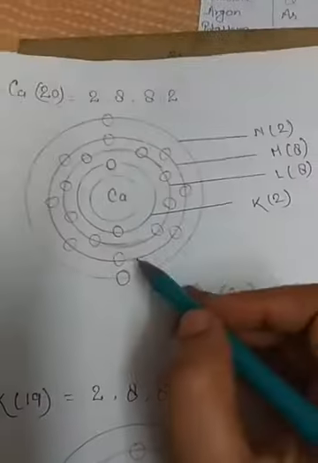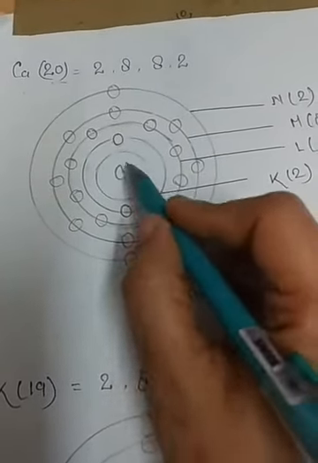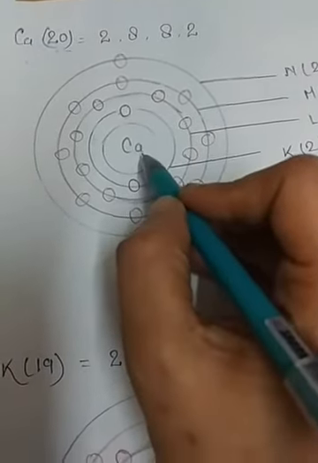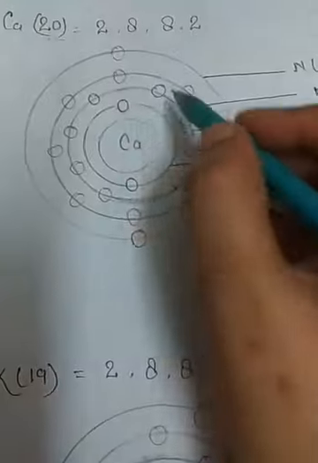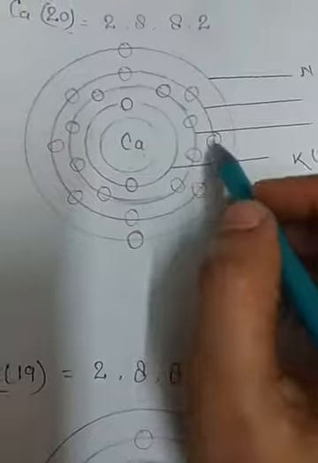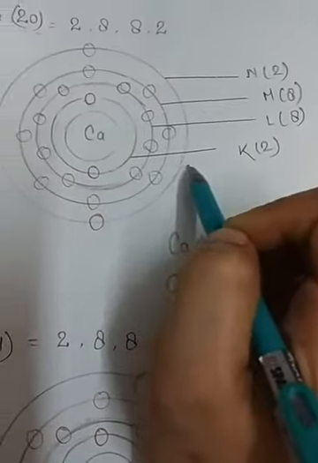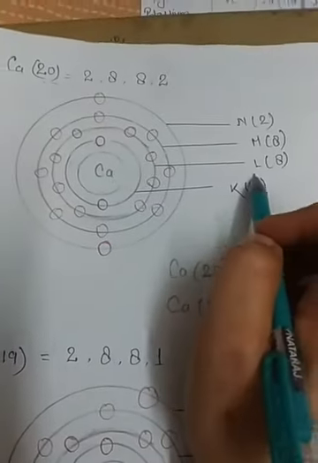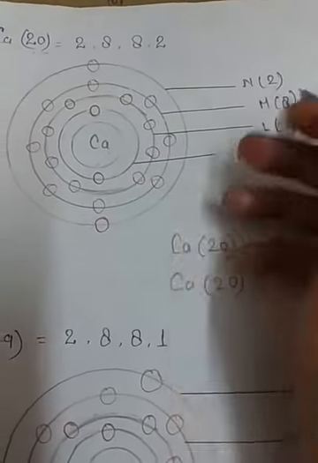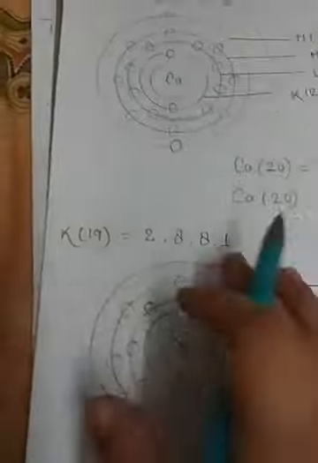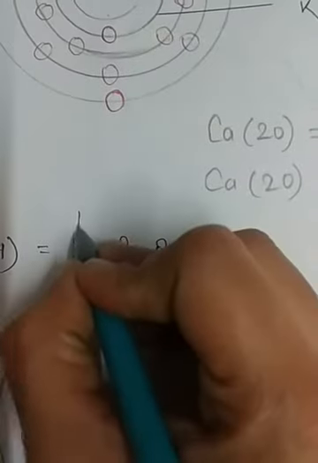Here you can see in the center, what is there? Proton and neutron. It is positively charged because of the proton, and the neutron is neutral. So the nucleus is positively charged and the orbital is negatively charged. Negatively charged electrons rotate around the nucleus. Now in the first shell, the K shell, place 2 electrons. In the second L shell, place 8 electrons, in the M shell, place 8 electrons, and in the N shell we can place 2 electrons. Got it?